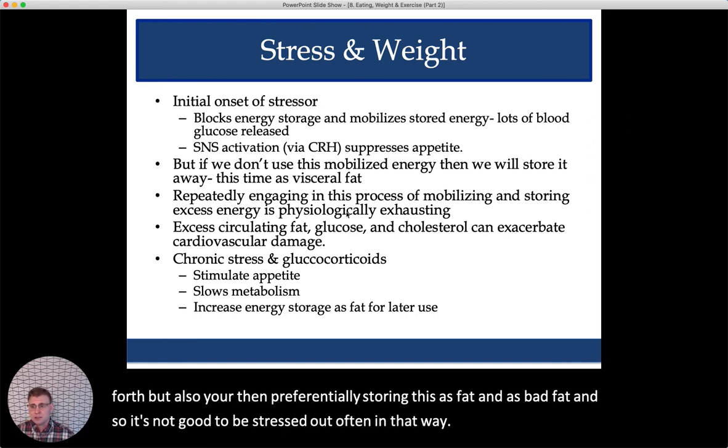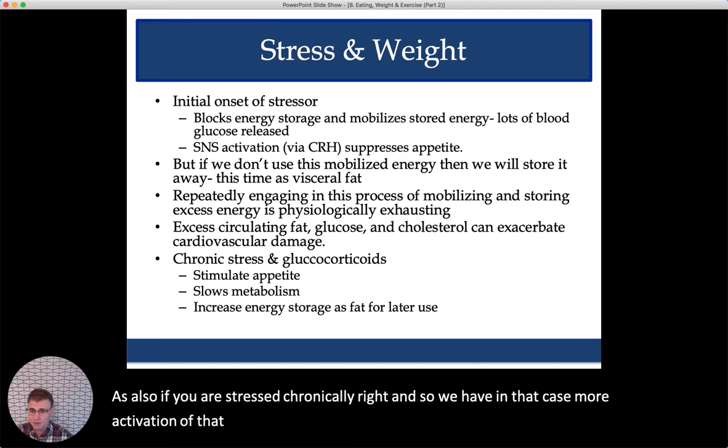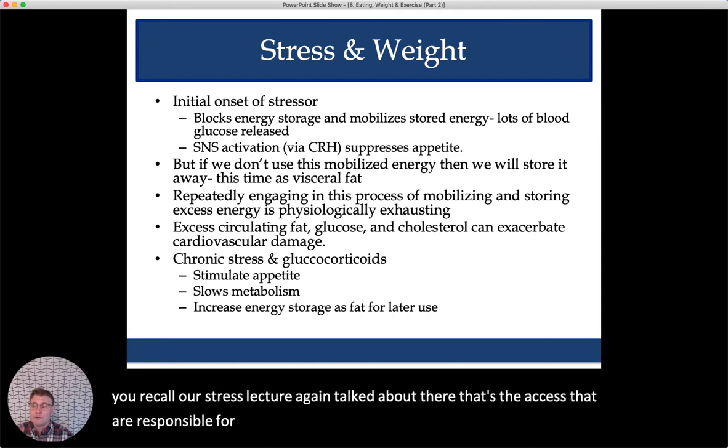And so it's not good to be stressed out often in that way. As well, also, if you are stressed chronically, right, and so we have, in that case, more activation of that HPA axis of your sympathetic nervous system, right? So if you recall our stress lecture again, we talked about there, that's the axis that's responsible for the release of